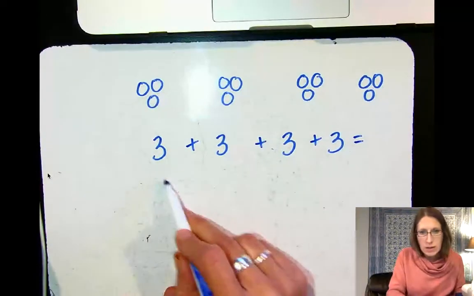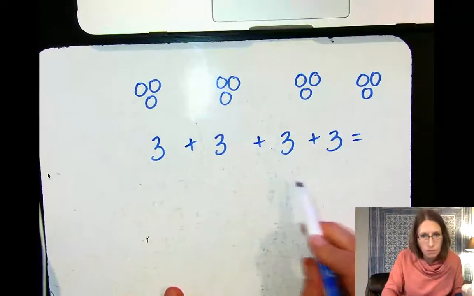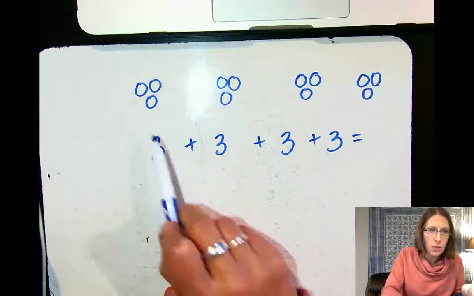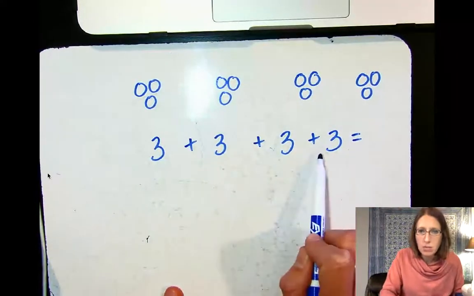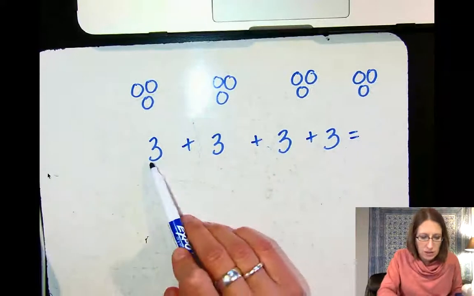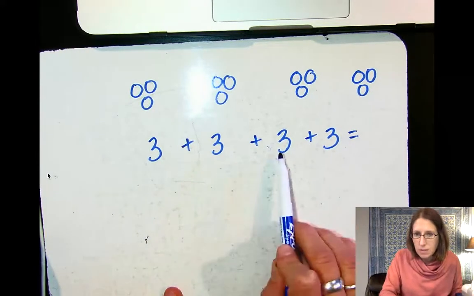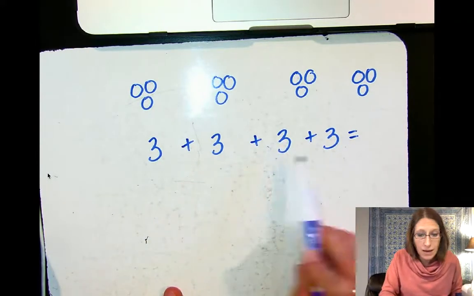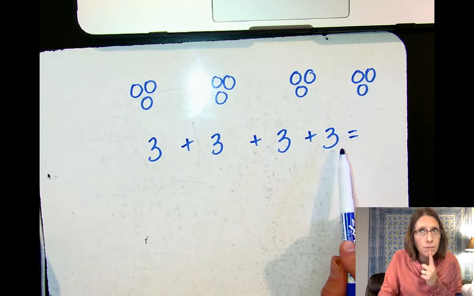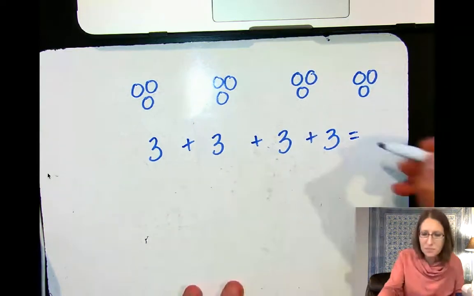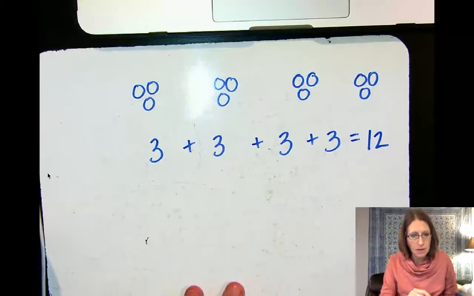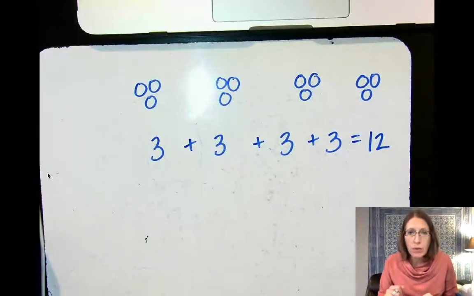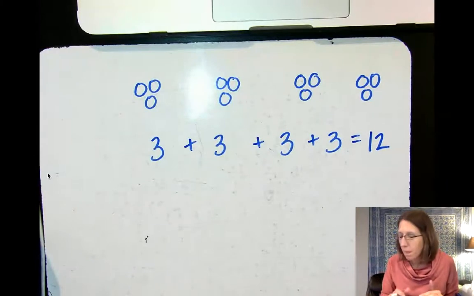So this is called repeated addition. We just kind of keep adding however many groups we have. 3 here, plus 3, plus 3, plus 3. And then we can get our answer. Let's see, 3 plus 3 is 6, plus 3 more is 9, plus 3 more, what is it? Yeah, it's 12, isn't it? So we can use repeated addition to get the answer. Totally fine. But there is another thing that we can do to get the